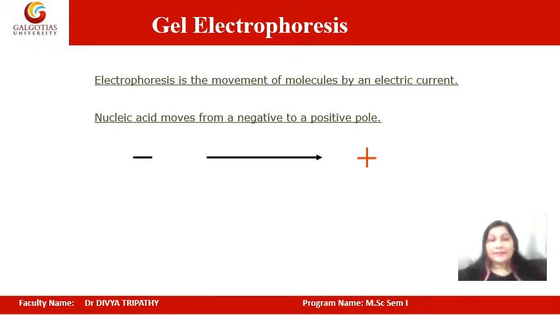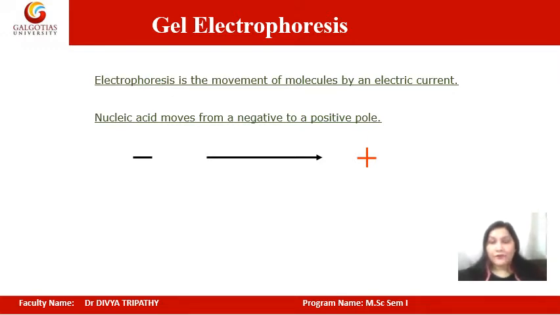And if the molecule has a negative charge, we call it an anion, and if the molecule has a positive charge, we call it a cation. You should remember each and every time that the cation always moves towards the cathode and the anion always moves towards the anode. It means if a cation is moving towards the cathode, your cathode is a negative pole or negative electrode, and if an anion is moving towards the anode, it means your anode is a positive electrode, because minus attracts plus and plus attracts minus. This is the basic principle of electrophoresis.